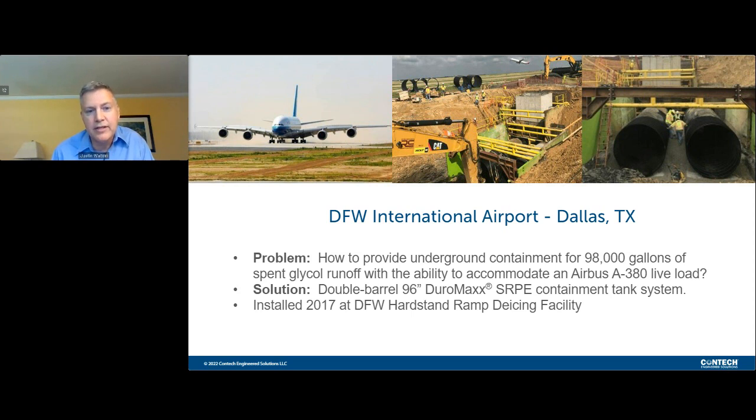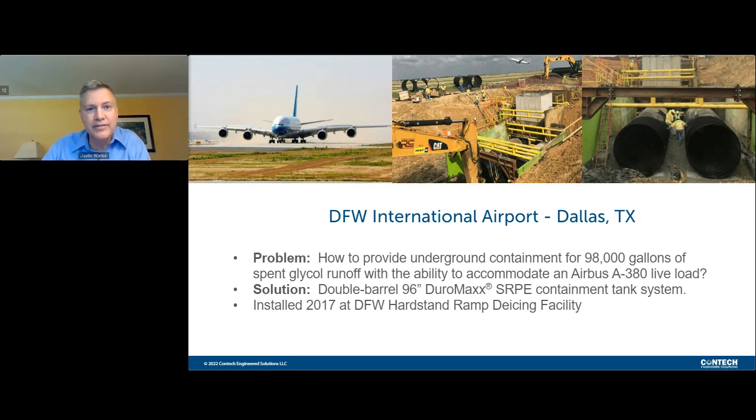This met all of the needs of the project, and it is something that installed much more efficiently than a traditional concrete vault design. And that's true when you take into account for a concrete vault, there is steel rebar that has to be placed and tied, forms to be built, concrete to be poured, curing time, stripping, and then finally waterproofing. So this was something that went in very efficiently, and Contech worked with the consulting engineer to provide